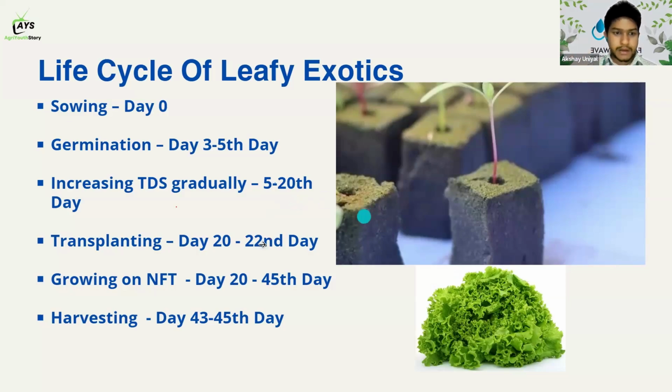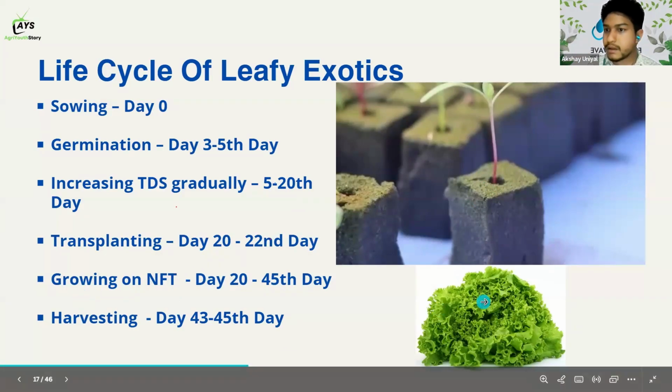growing happens. Now this growing on NFT will typically happen from the 20th to 45th day. This 45 days is the total life cycle of this crop. It takes 20 days in this Oasis cube where it is being watered manually, and for the last 25 days of its cycle, it is in the NFT. Okay, now